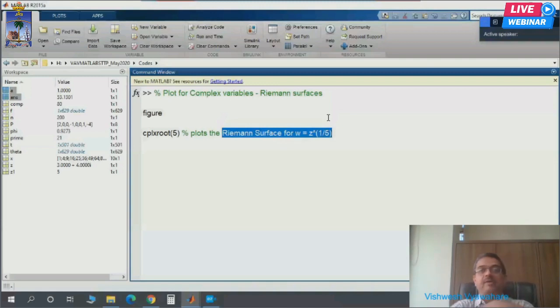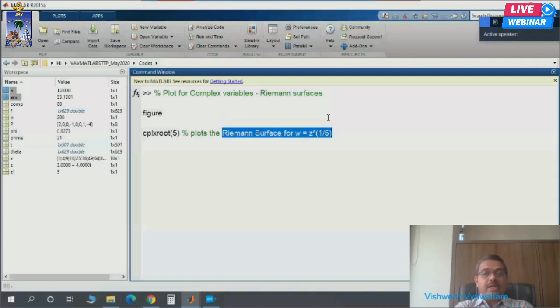So z to the power 1 by 5, where z is a complex number, and I hope we all remember the nth root of unity, which we studied in basic complex analysis. So 1 to the power 1 by 5, if 1 is considered a real number, you will get only one answer or two answers.